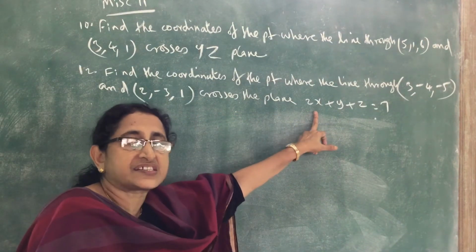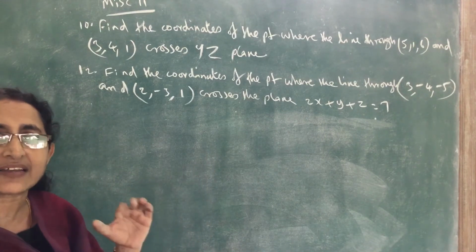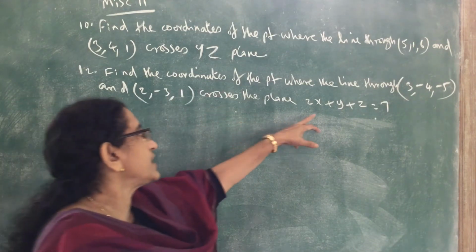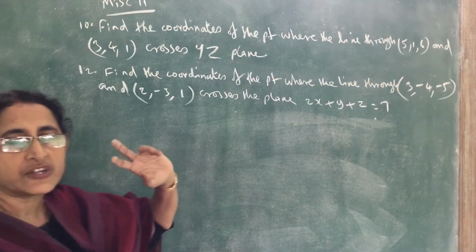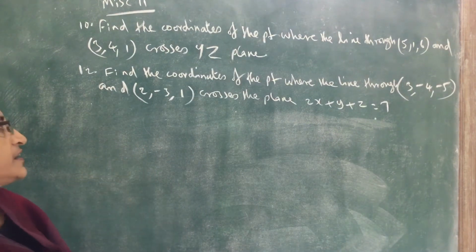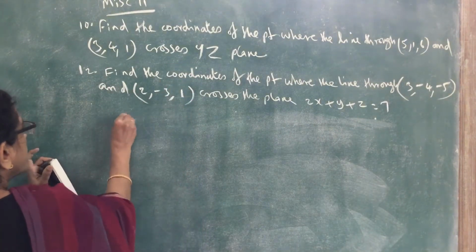Here the equation of the plane is given. So we substitute the general point on the line in this equation of the plane, and we get lambda. Whichever condition is given, according to that we can substitute. So first, find the equation of the line